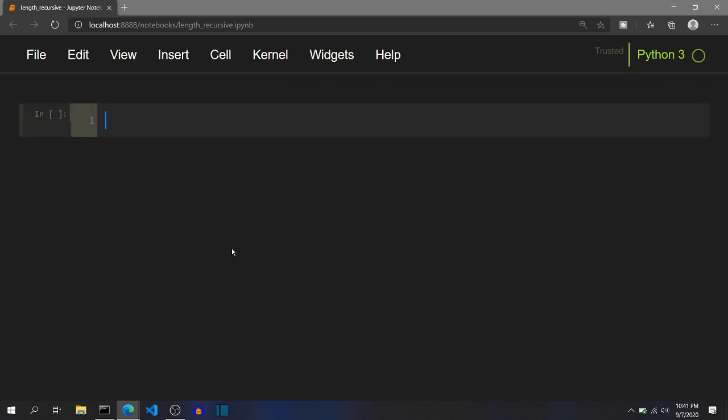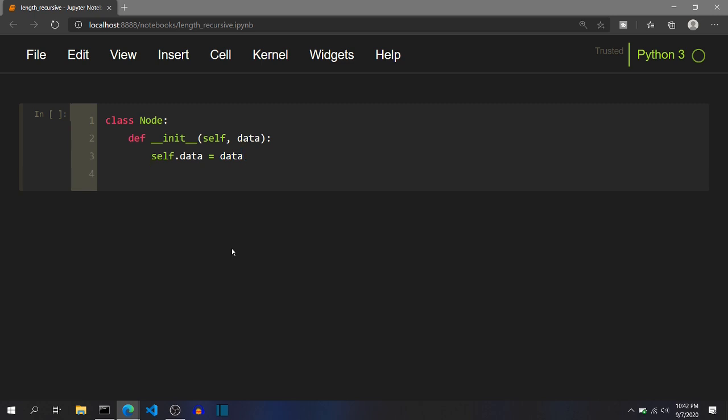Before constructing the linked list class, first we will create a node class. So I will create a class, I will name it as node, and inside this I will define the constructor by defining the __init__ function. Apart from self parameter, this node class will have a data parameter so that we can set self.data is data. So each node in the linked list will have a data, and that data will be the data inside the node of the linked list.